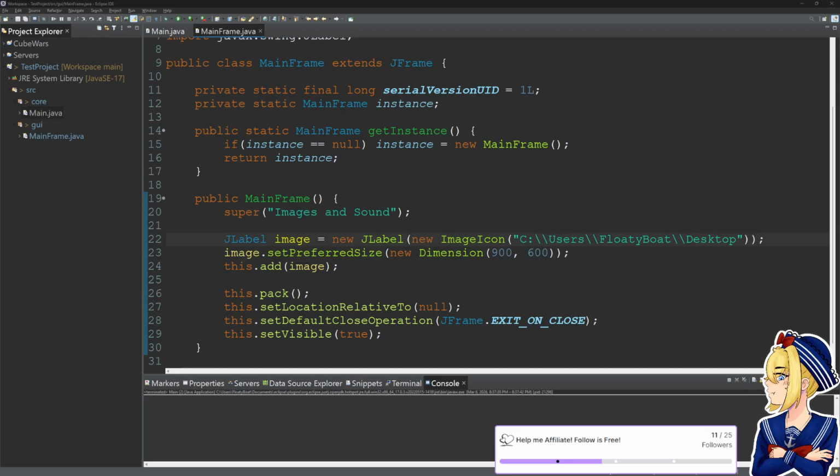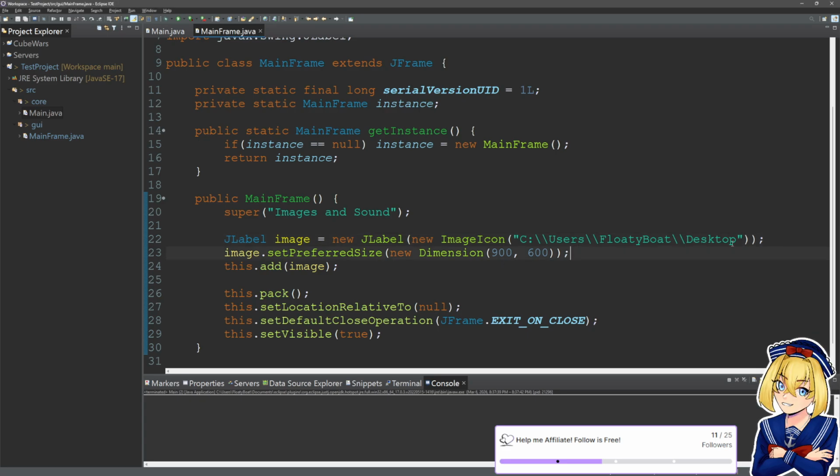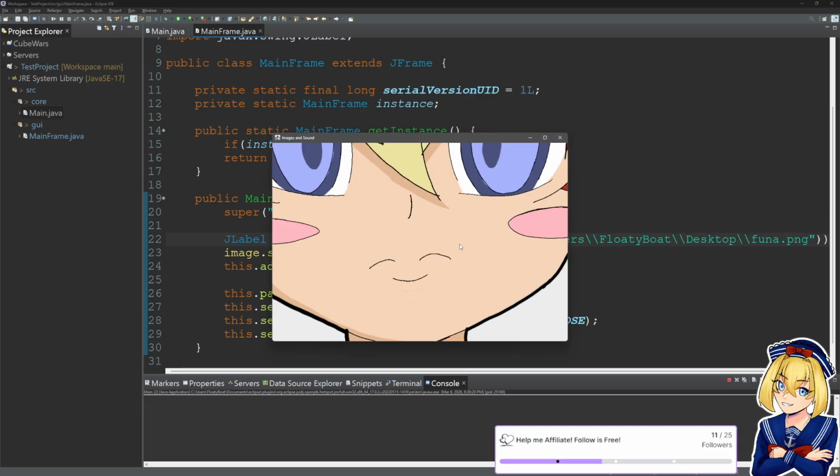Yeah, I think it's having a hard time finding it. It's because we didn't put the image here. We're so silly, we just put the location.